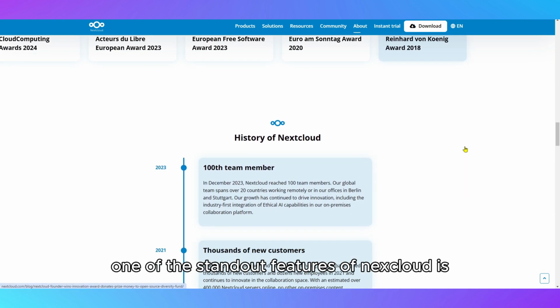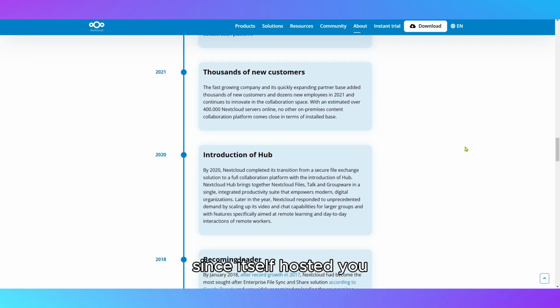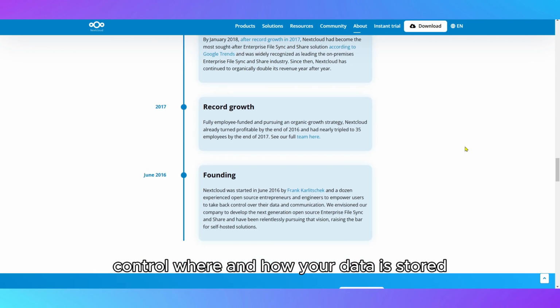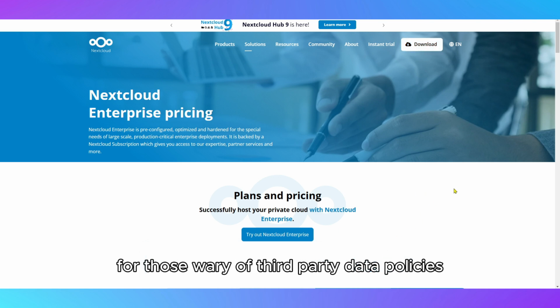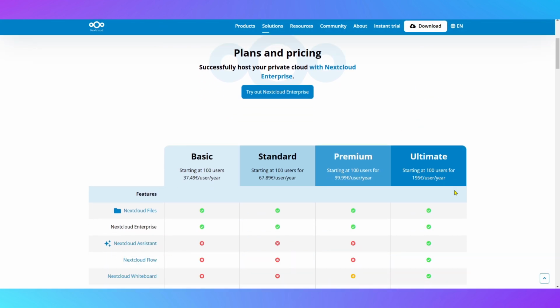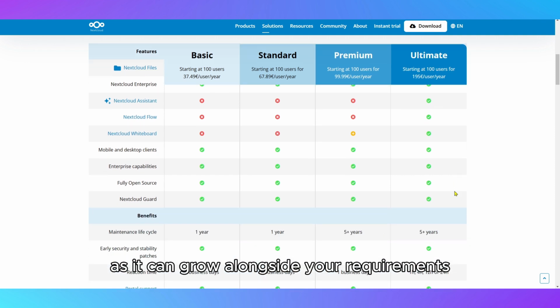One of the standout features of Nextcloud is its commitment to privacy. Since it's self-hosted, you control where and how your data is stored, making it a top choice for those wary of third-party data policies. Its scalability also makes it appealing to businesses of all sizes, as it can grow alongside